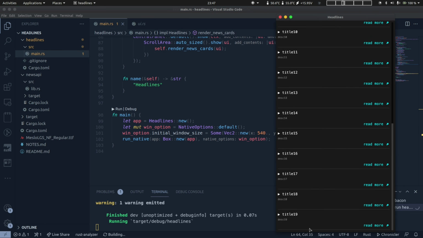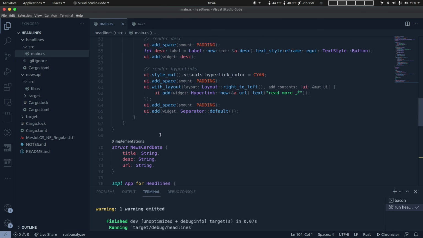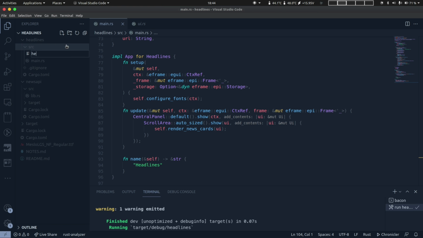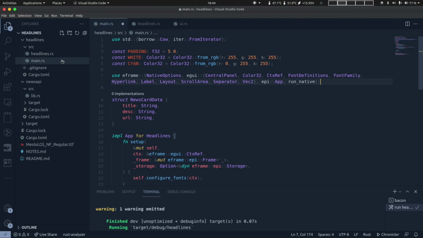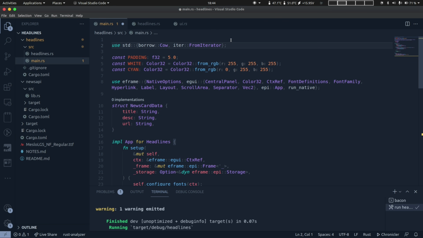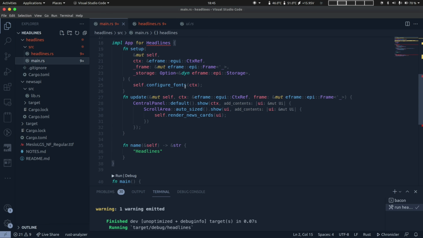which will contain a few metadata or headlines. But before we do that, let's move the headlines definition and the impl block into its own modules so we can keep the main.rs file clean. So I'm going to create a new module called headlines, and then we will move the struct and the impl block in headlines. To help Rust recognize the headlines module, I'm going to declare it with mod headlines, and